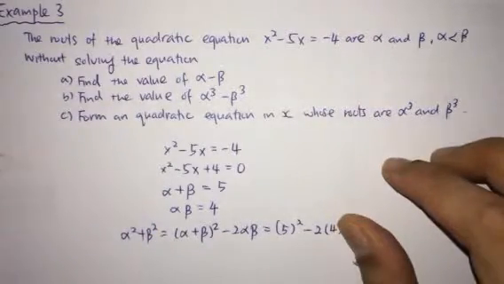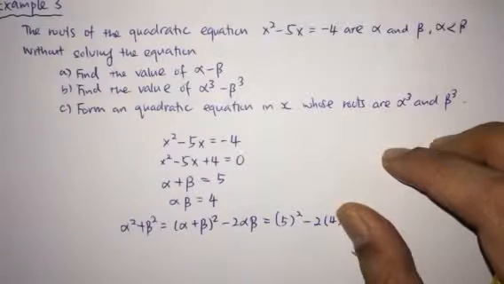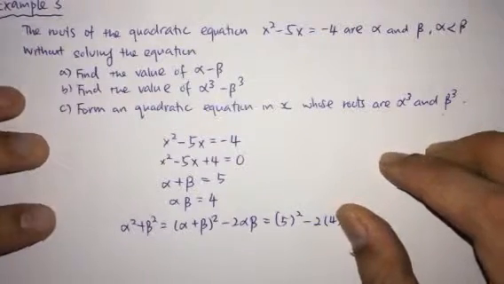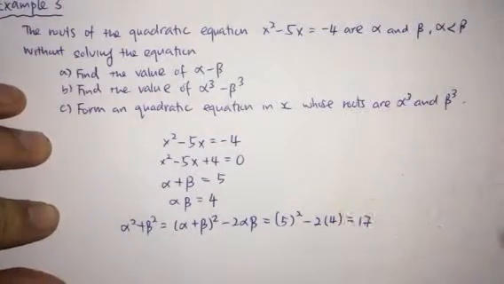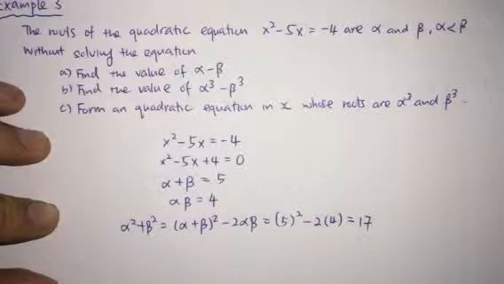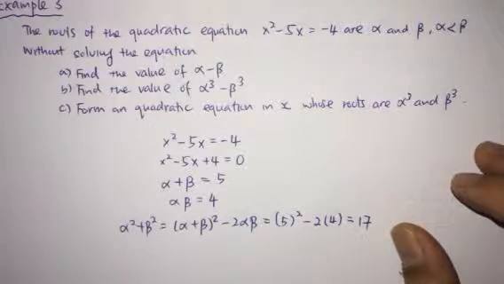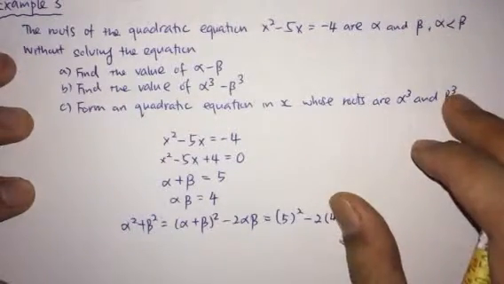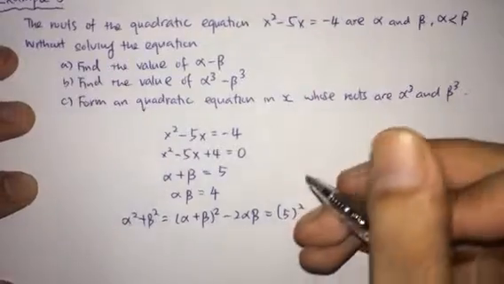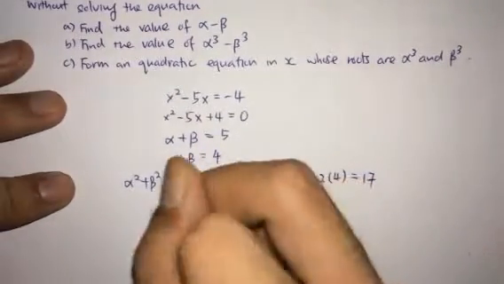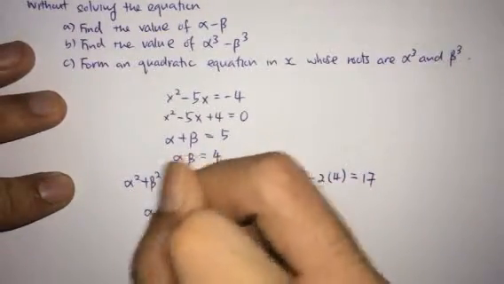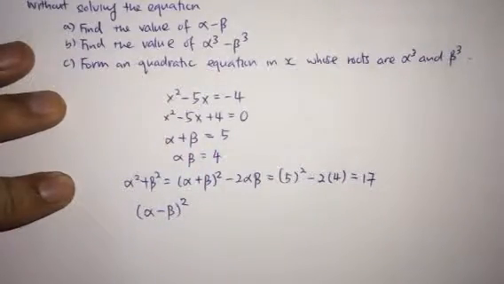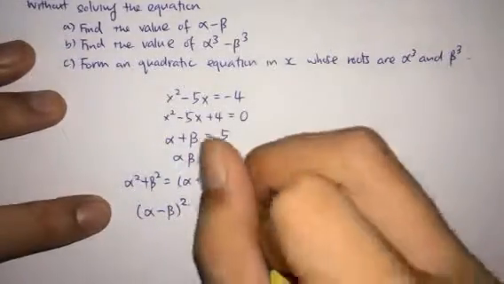Okay, now let's look at question 1. We are required to find alpha minus beta. Since this type of question is a bit new, we need to make a guess where we can get the value of this from what we know. One good guess is we just try to square it and expand this expression.